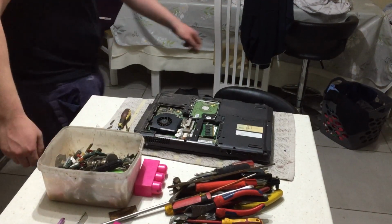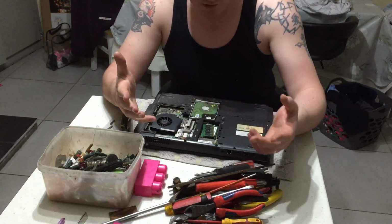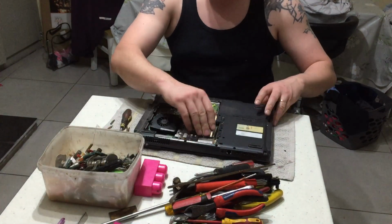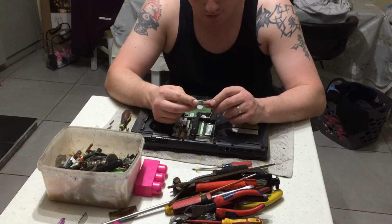I'm going to scrap out this laptop here tonight. Just home from work. I said I'd do a video here for you. It's an old enough laptop. The make is Acer. So what we have here, we have 2 RAM with their